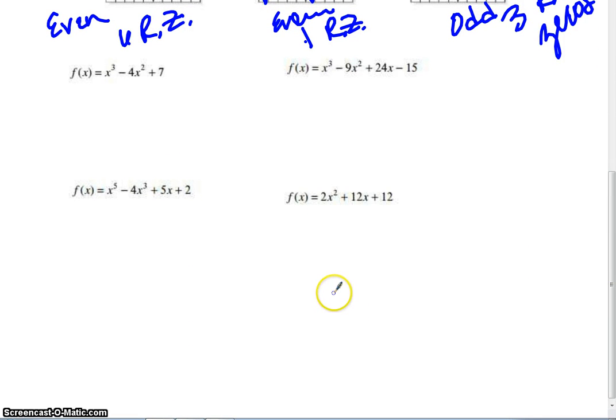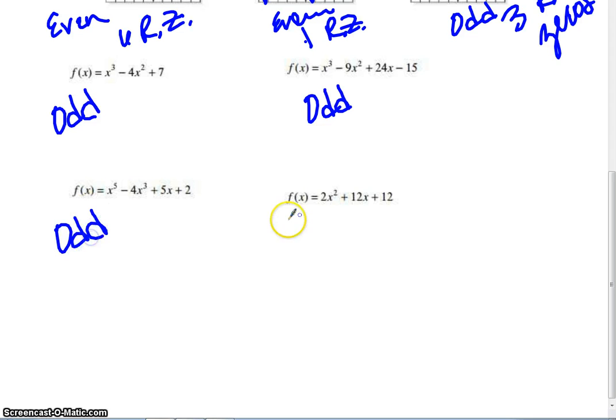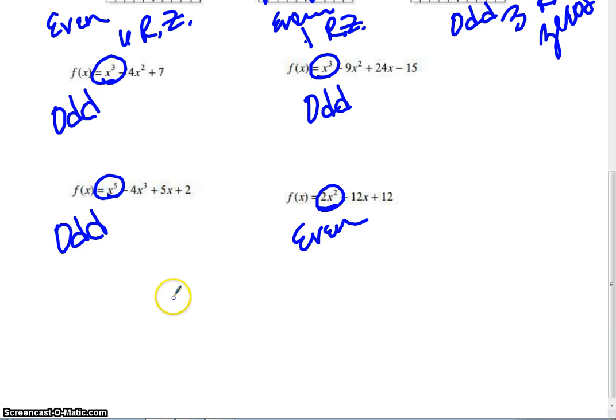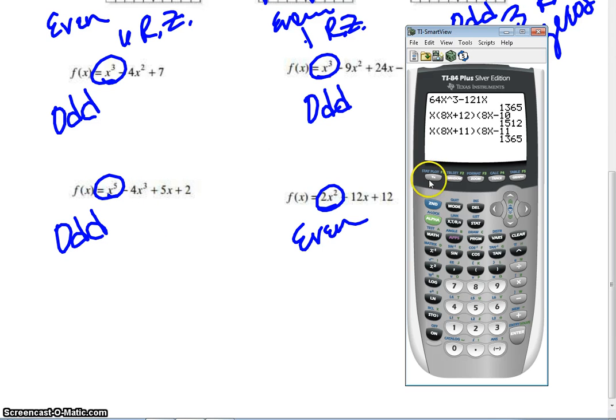If they give you an equation, you're going to want to look at your degree. What is your degree? It's 3, so that tells you that it's odd. Look at your degree on this next one. Highest exponent is 3, so it is also odd. Down here we have another odd one, and we finally have an even one. Look at your biggest exponent. If it's an odd number, it's an odd degree. Even number, it's an even degree. My suggestion to figure out the number of real zeros is to take it and put it into y equal